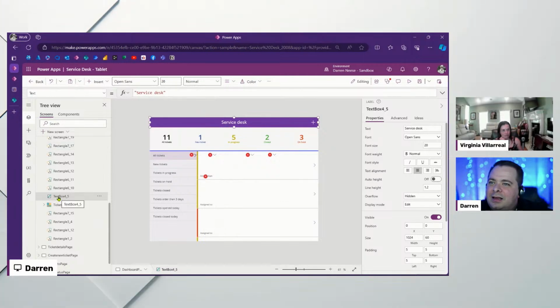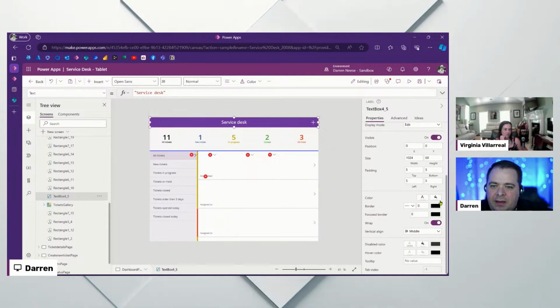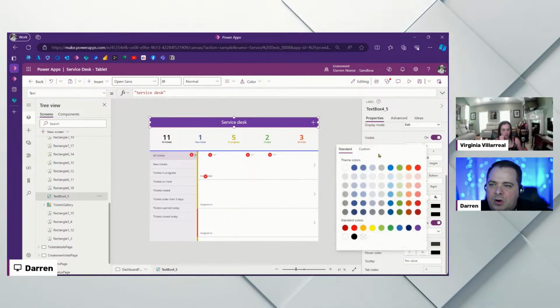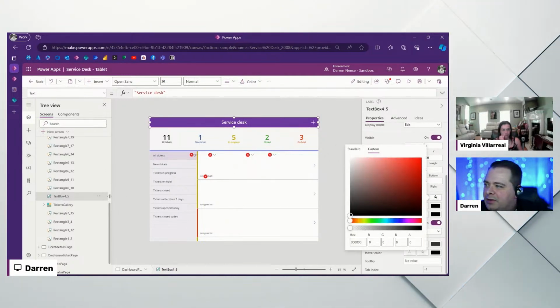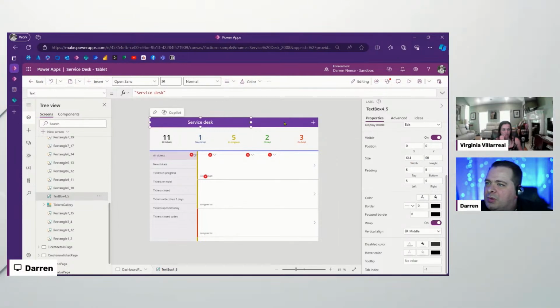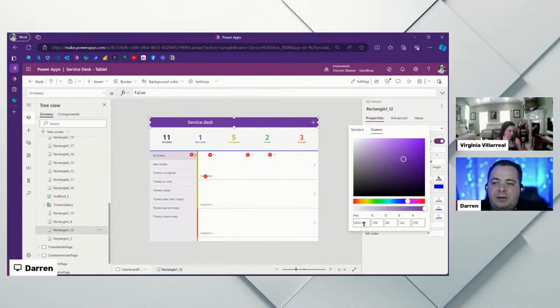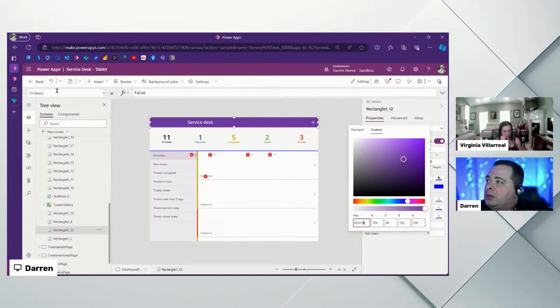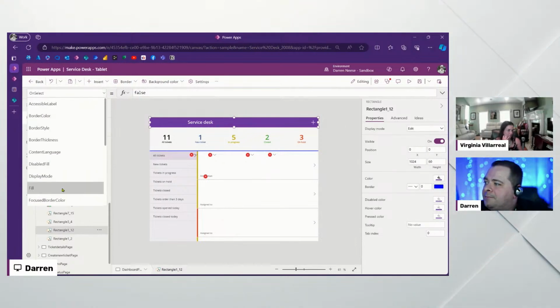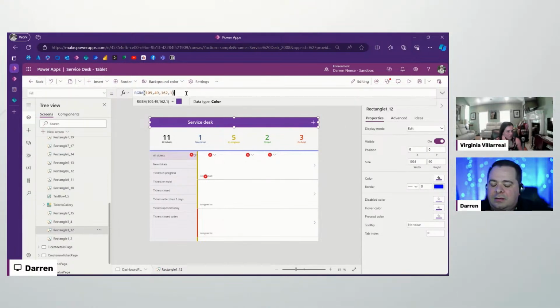Okay, this is a label that I just clicked on up here. And then if I go over here, I'm hoping that it's going to show me the hexadecimal value, and I'm not seeing it. So this label is probably on top of something. I'm going to click on that. Oh, and that's something else. Okay. So here's a rectangle in the background. This hexadecimal value, if we look at the fill on this,